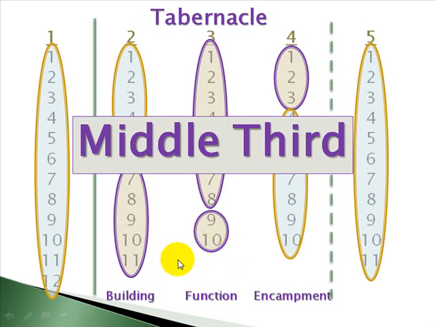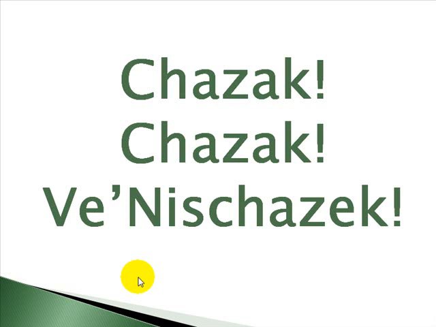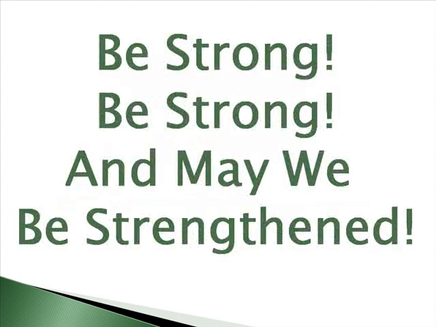All right, when we conclude a book of the Torah, we've concluded now the book of Exodus, we always conclude with these words in the synagogue at the service on Shabbat: Chazak, Chazak, v'nitz chazek, which in English means be strong, and may we be strengthened, because that's the purpose of Torah learning, is to give us more and more of a charge, more energy, more strength to fulfill our end of the deal and our specific unique purposes.